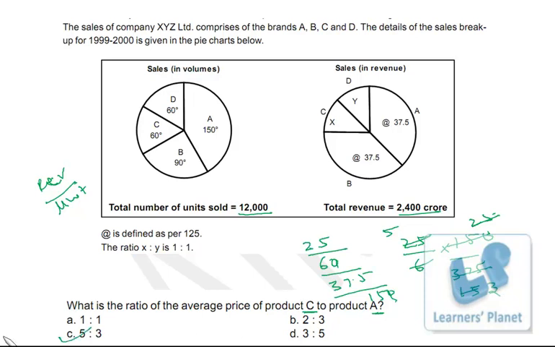Okay, since the base was same, 12,000 over here and 2400 crore, 12,000 for both the products A and C and 2400 crore for both the products A and C, I didn't consider that, right? Because when we take them in numerator and denominator, they will get cancelled. This calculation is from 2400 crore and this calculation is also from 2400 crore, so they will mutually get cancelled. Similarly, both these calculations are from 12,000, so mutually they will get cancelled. So unnecessary time wastage will be there if you write that particular calculation. So instead of that, just do it like this and finally you'll get the answer as 5:3, right?